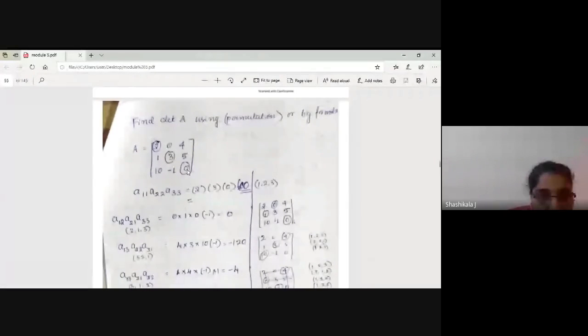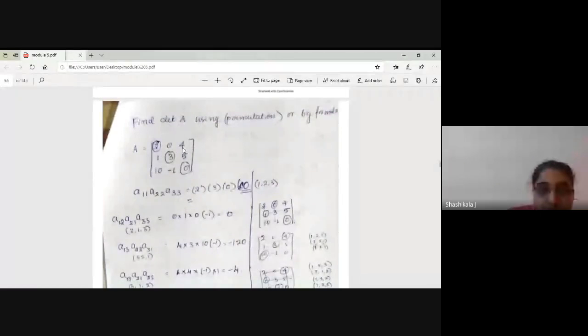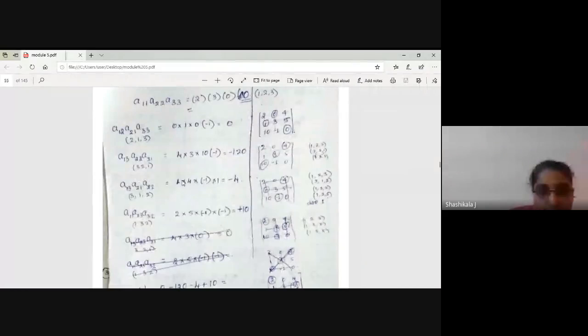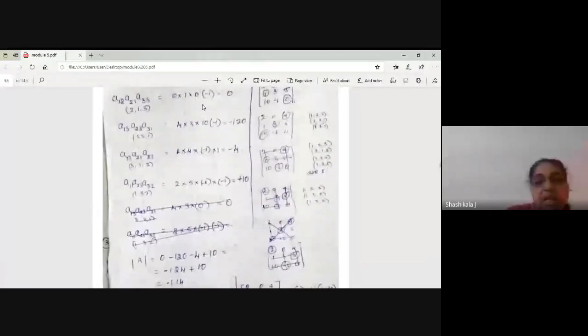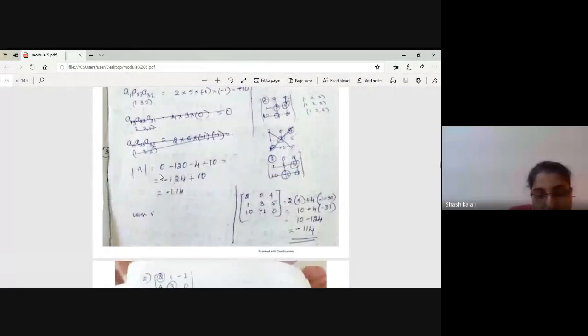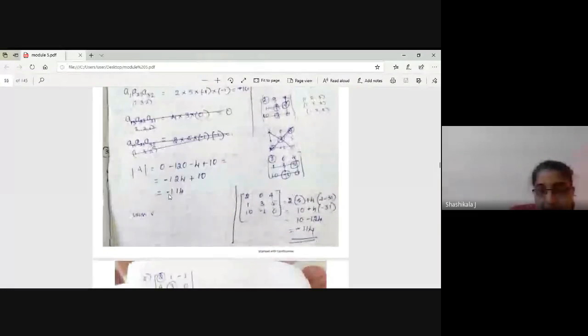So next you have to go for the 4 and leave that column. Whatever the combination, I will take 3 and 10. So this 3 and 10 I have taken. So the column order is 3, 2, 1, and you are going to get minus 120 into determinant P, here we are getting minus 1. And the other combination is 4 into 1 and minus 1, 4 into 1 and the minus 1 into determinant of P. So you are going to get all these. Now it is the sigma of all these possible columns. I am adding all these possible terms and I am getting this answer, cross verification.